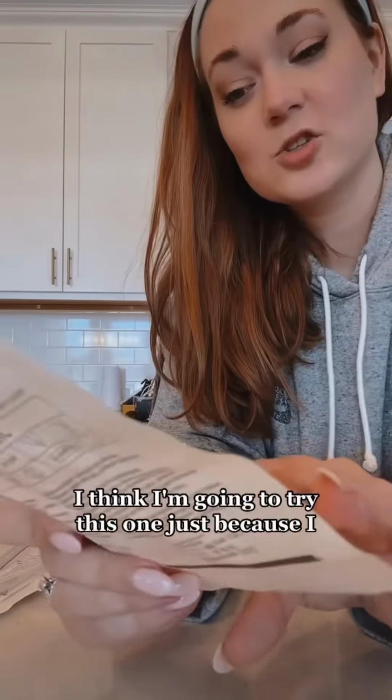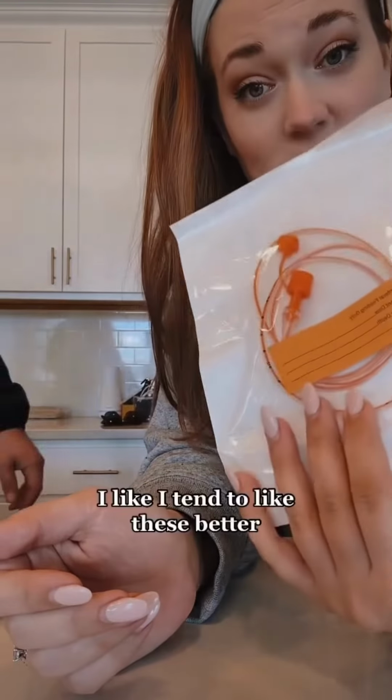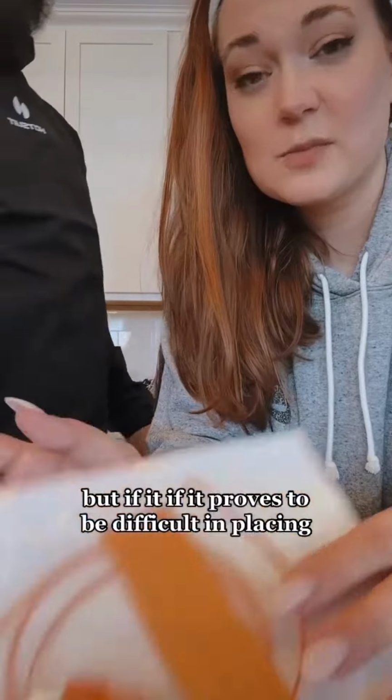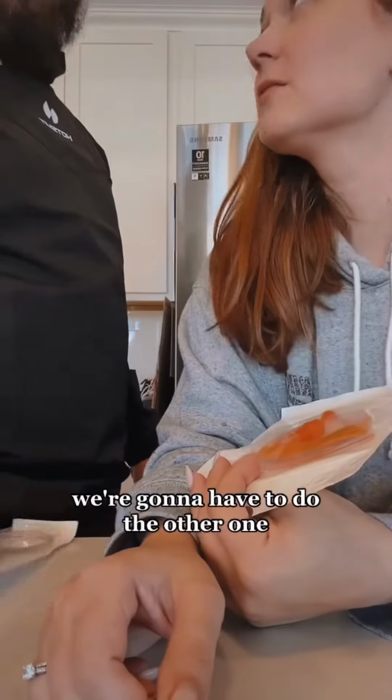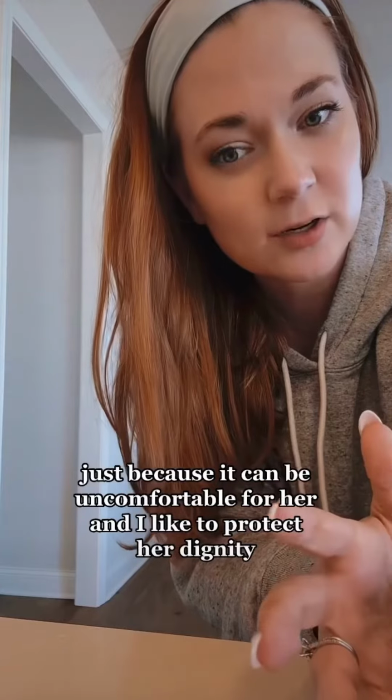I think I'm going to try this one just because I tend to like these better. But if it proves to be difficult in placing, we're going to have to do the other one. Optimism. I never like to show placing her tube just because it can be uncomfortable for her and I like